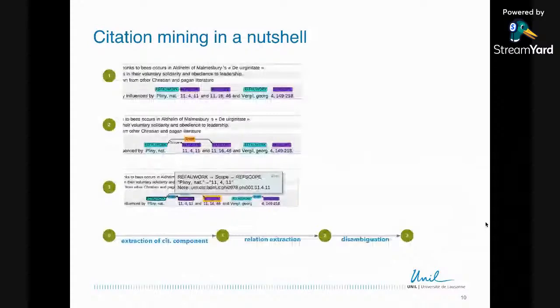And then finally, the third step is the so-called disambiguation, which consists of assigning to each reference, so to each relation, but also to each component, a unique identifier. What kind of unique identifier are we using? We're using the CTS-URNs, the Canonical Text Services Uniform Resource Names, which is a standard that was developed in the context of the Homer Multitext project at Harvard's Center for Hellenic Studies